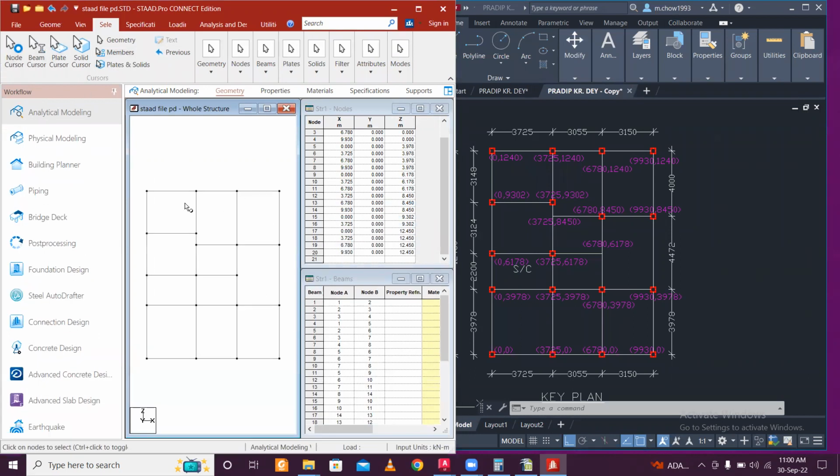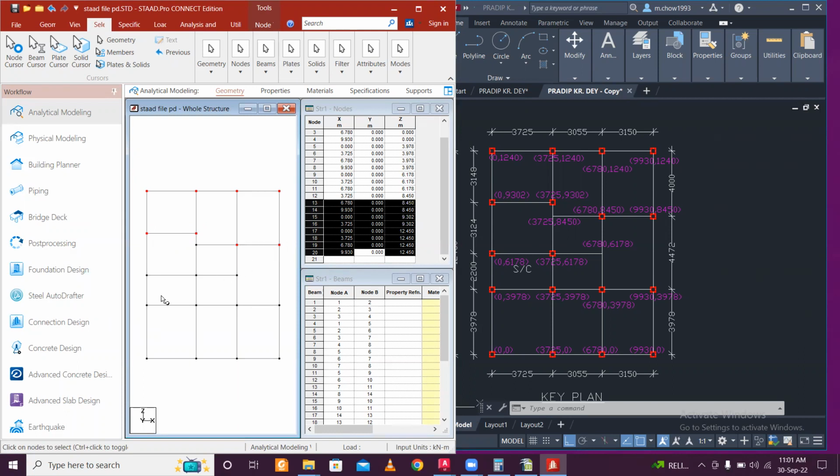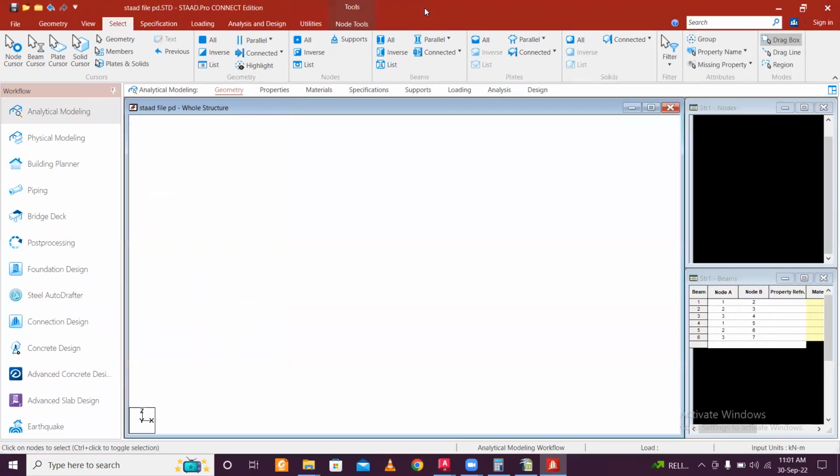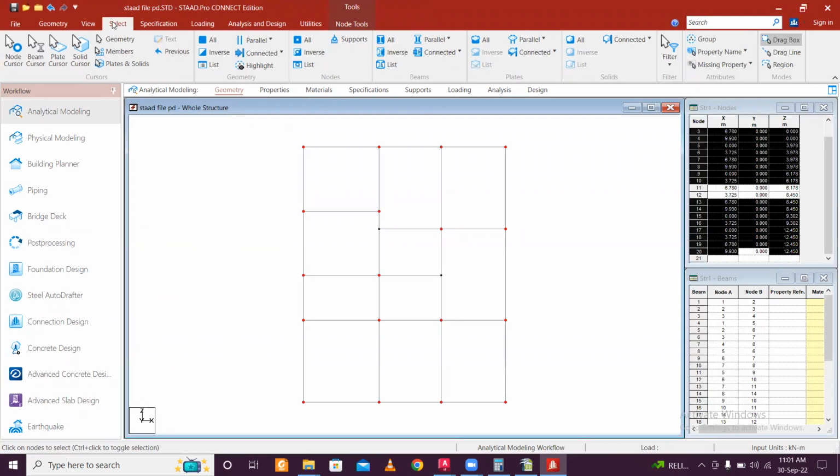So with the node cursor selected, select this node, press Control and select all the other nodes which have the columns. We'll use translational repeat to provide these columns up to foundation level, and this and this and this and this, and actually all the four nodes here. Done. Now just maximize and go to geometry,